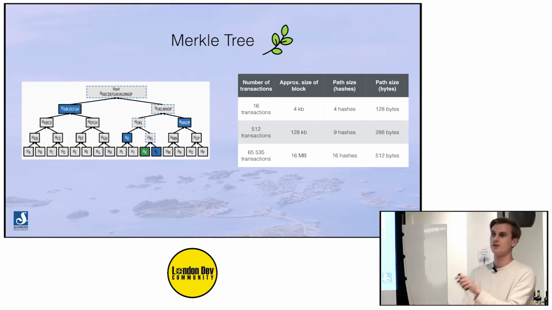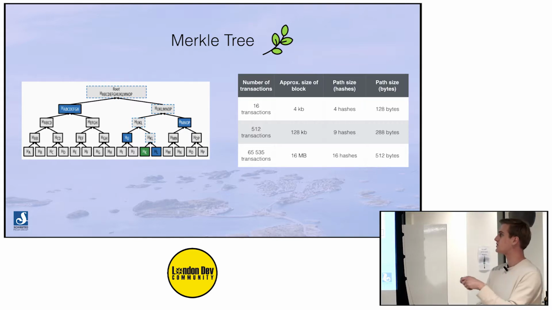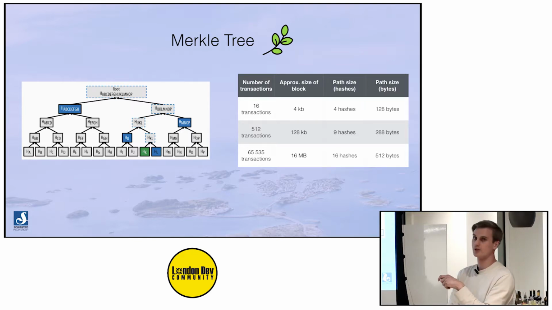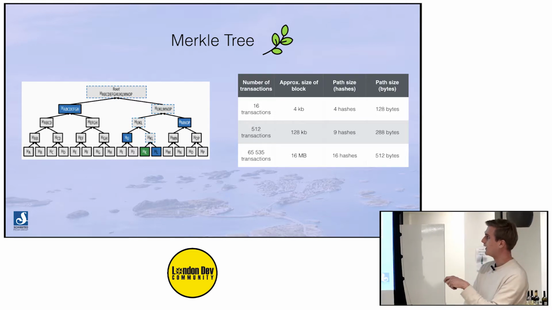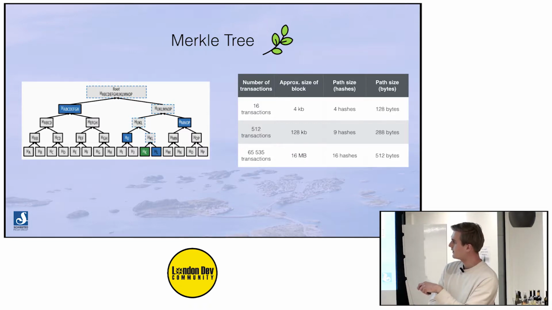So instead of every node downloading every transaction that ever happened, you can have a light node which can store only the block header, which we looked at in the last slide, and there they have the root. So what's being done here is that you take two transactions, you hash them together, you add them and hash them, and you add them with another block and hash that, and so forth.